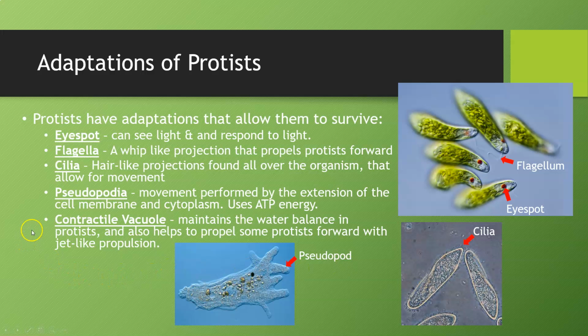Lastly, there is something called the contractile vacuole. Its main function is to maintain the water balance within protists, but it also helps to propel some of them forward using a jet-like propulsion. So, for example, if you look at a microscope slide of pond water, and you see some of those little cellular organisms moving at what looks like very fast speeds, chances are it is using a contractile vacuole to propel itself forward, almost like it has a jetpack. Okay,